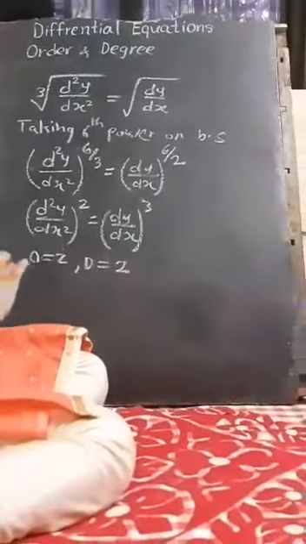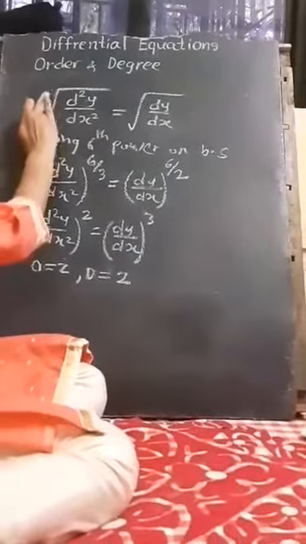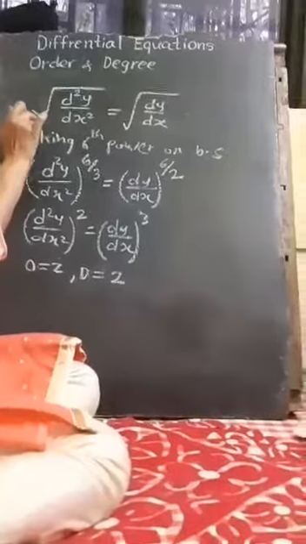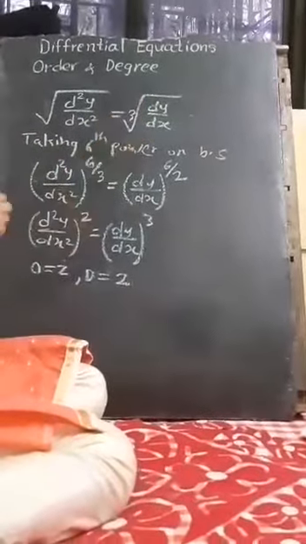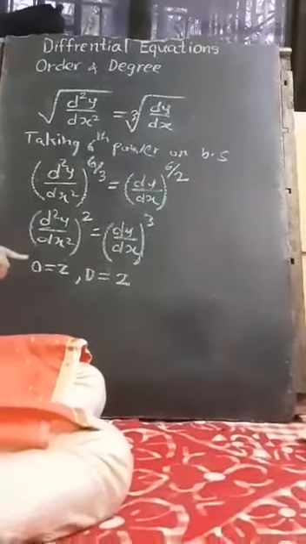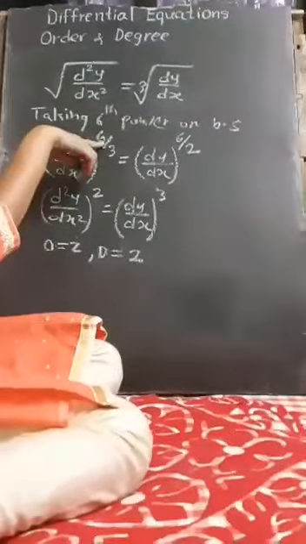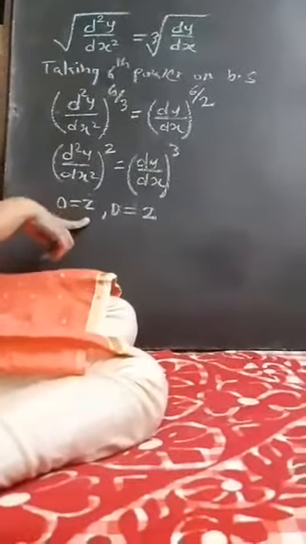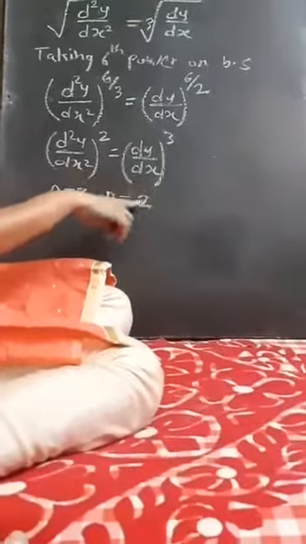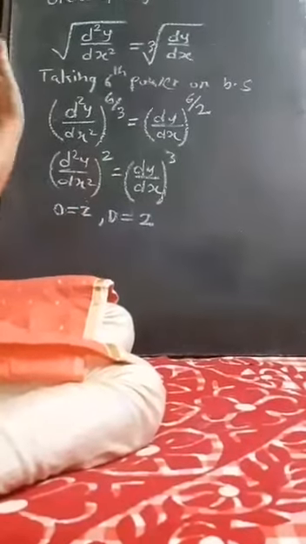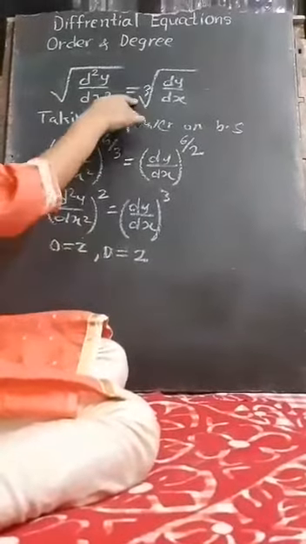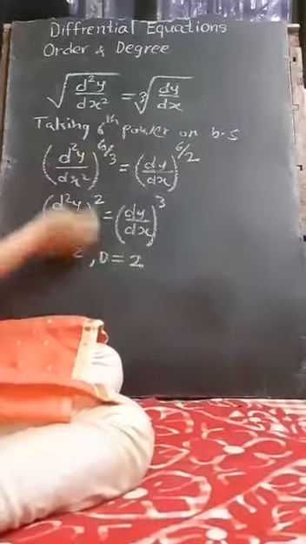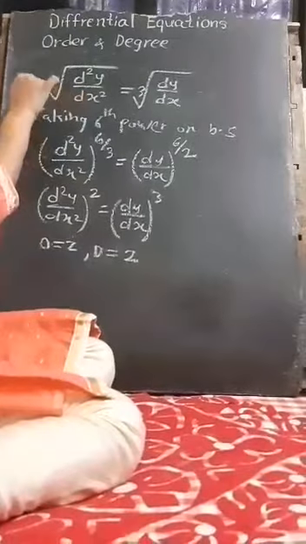Okay, so if I do a little modification in this sum, suppose this is square root and this is cube root, then can you say what will happen? This power will become 6 by 2, so this will become 3, order will remain as it is, 2, and degree will become 3. So this is how you need to simplify the sums. This is not the same sum, please don't think this is wrong. I have changed the sum. Thank you.